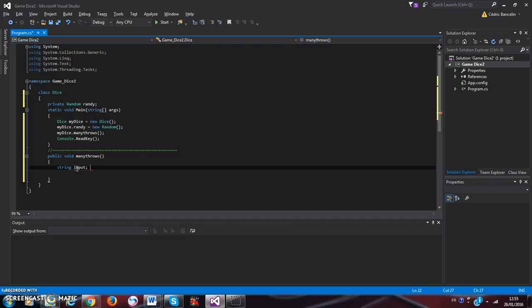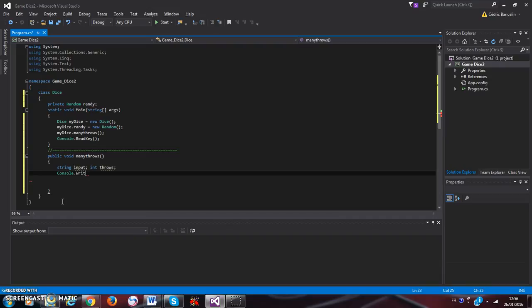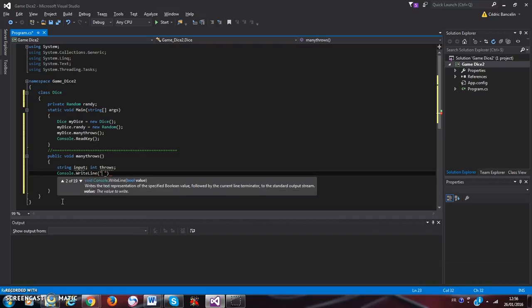And then you're going to name int for integer throws. Then write console.writeLine, and inside you're going to input. You're going to say,